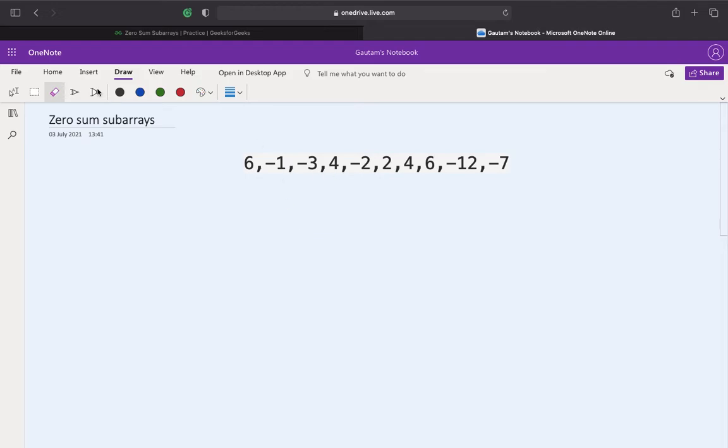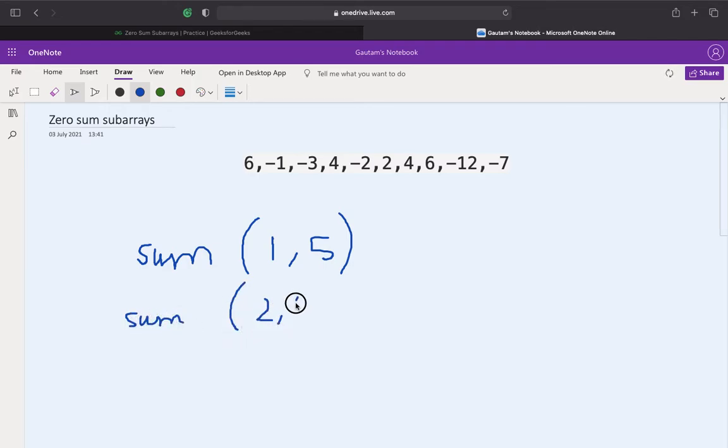For example, there is a query, let's say sum 1 to 5, and there is another query, sum 2 to 6. In each query we need to find the sum of the elements ranging from these indexes, so from index 1 to index 5, and the second from index 2 to index 6.